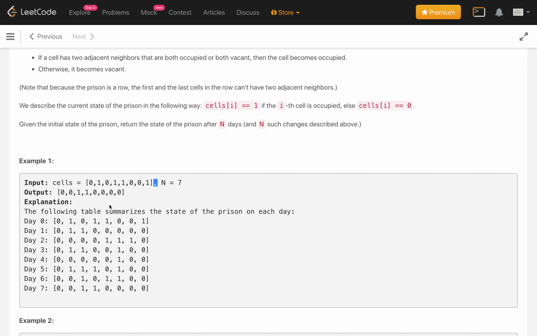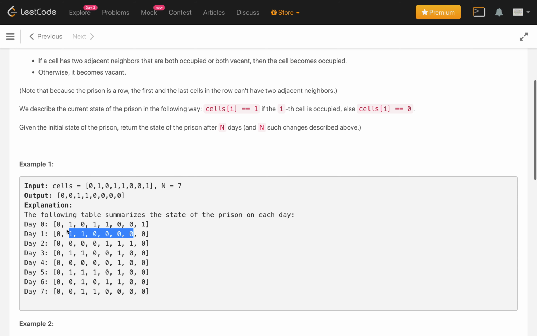This is not clearly mentioned in the problem, which is why I checked that this problem has more dislikes than likes. Because it is not clearly mentioned, we have to assume from day 1 that both the starting cell and the end cell will become 0. So we only have to loop through the 6 cells, from index 1 to index 6, and update each based on the previous day's neighbors.